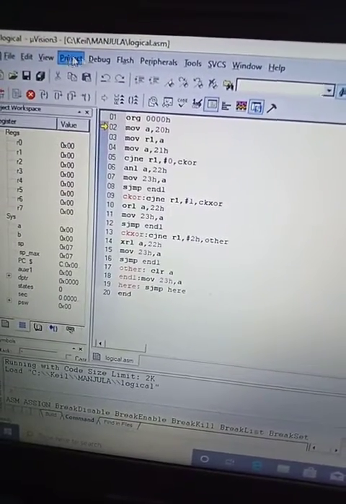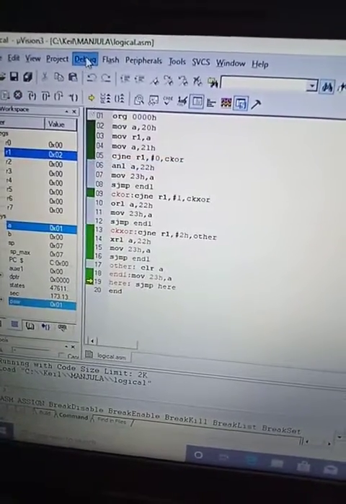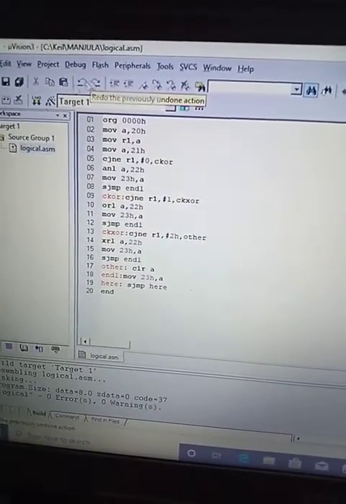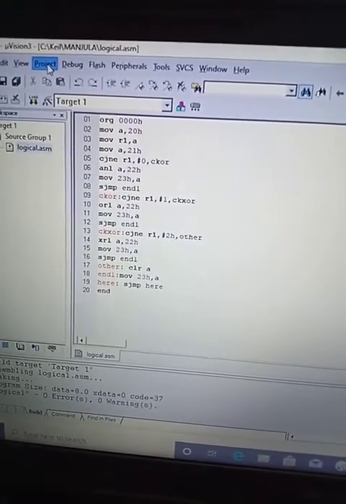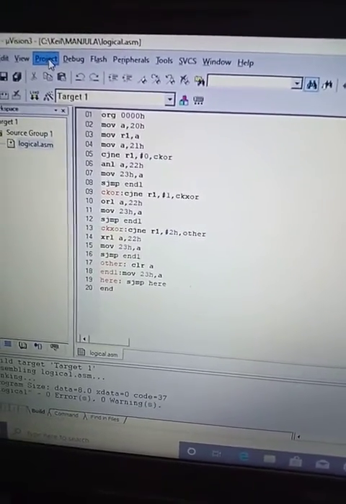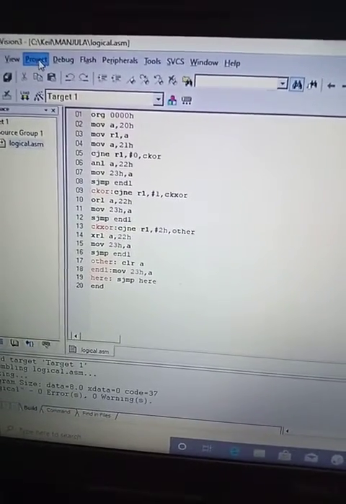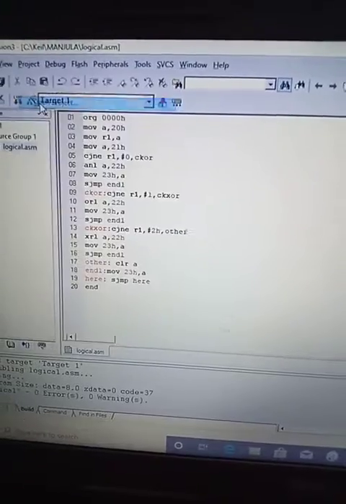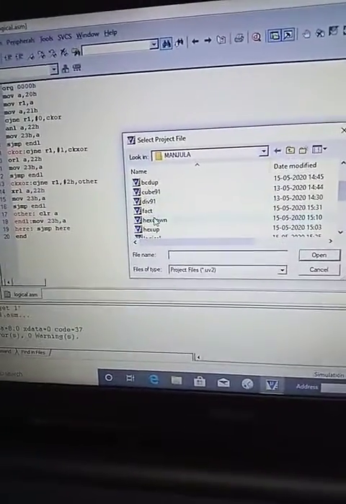I go to debug session, stop running, start stop. Then I go to the next program, that is conditional call and return. So using call and return, how you can write a program. One program I have done. For that I say open, that is finding the factorial. I have stored it as fact.